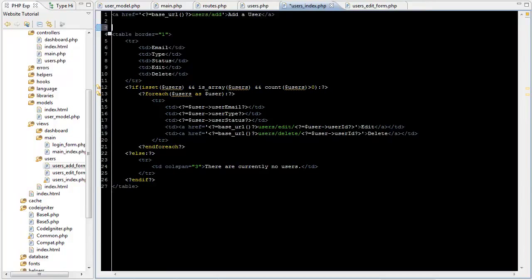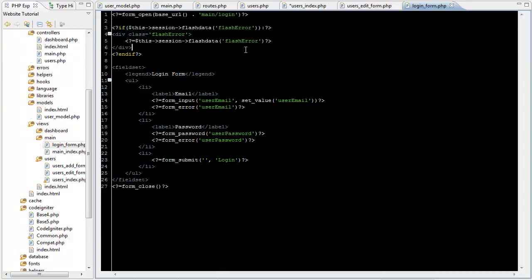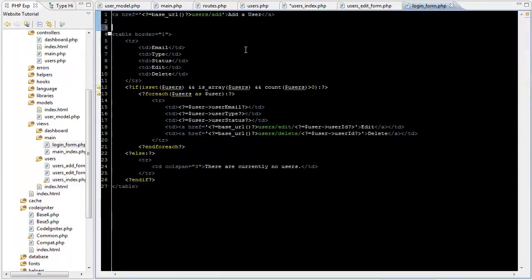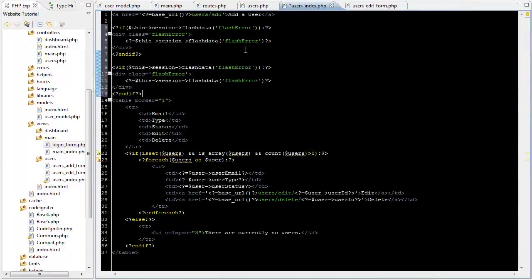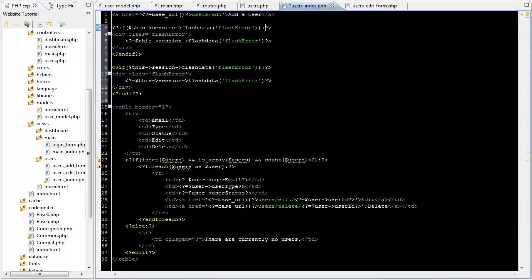I'll just copy it from the login form we just did. Copy the flash error. Now usually you would have another view that contains these messages and you just load it once at the top, but this is going to be unnecessarily verbose and a little bit messy, but allows us to see it all at once. So there, if a flash confirm is set, we'll just add success since there's no style to differentiate an error